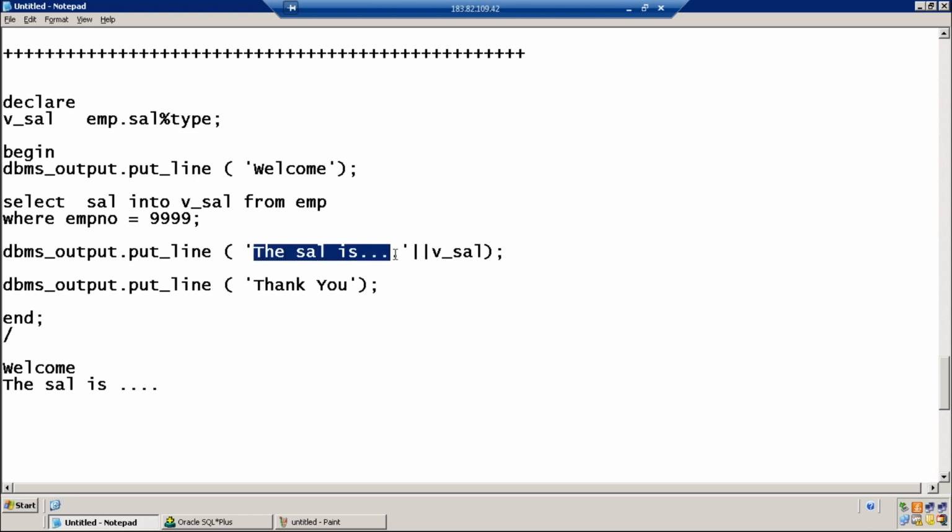What about these values? Whatever you write in single quotes, is it printed or not? Yes, it will be printed. The sal is, and that's it. The null value is printed, and then Thank you. Jamal, do you agree with this output, or do you have any other output? I agree because the query is correct, but in the table...